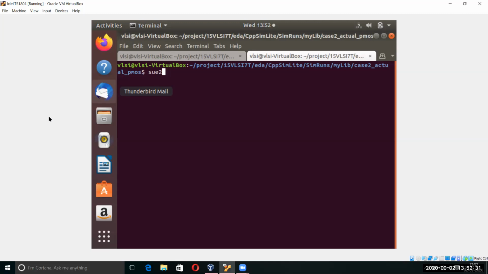The delay part from going 0 to 1 or 1 to 0 will vary. Yes, for NMOS the delay will be different, and for PMOS the delay will be different if the sizes are different.